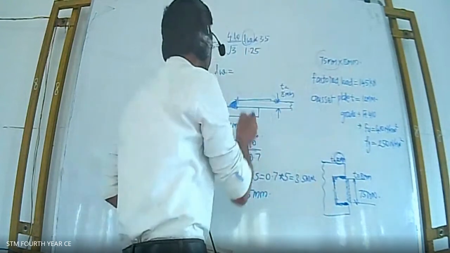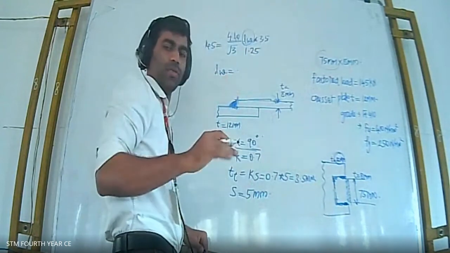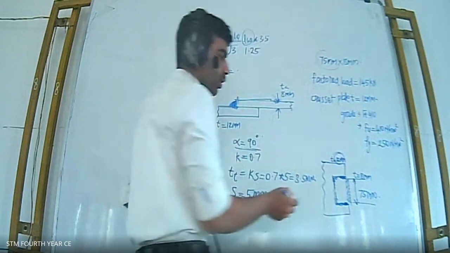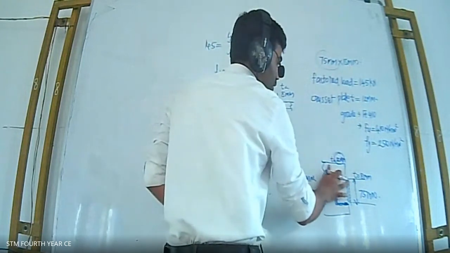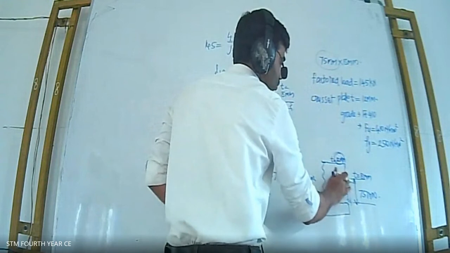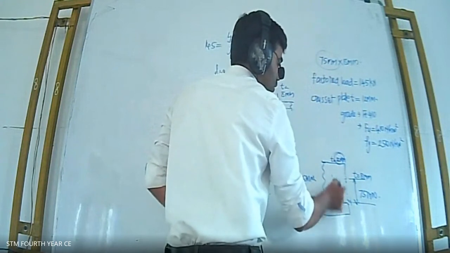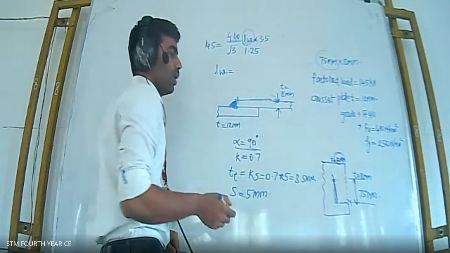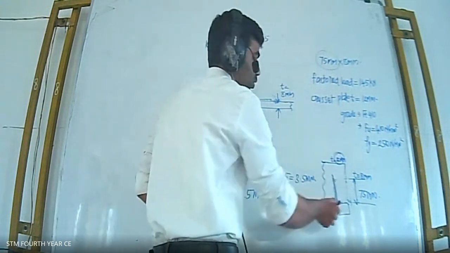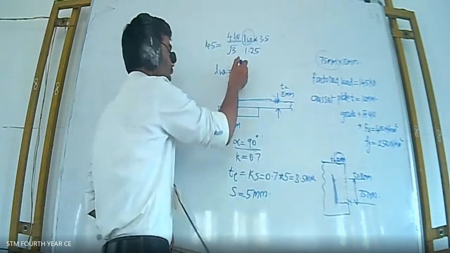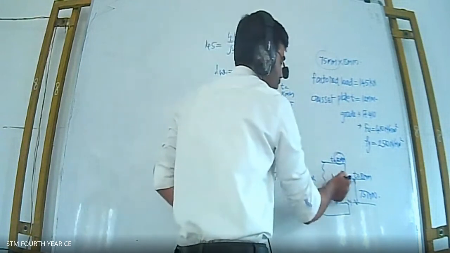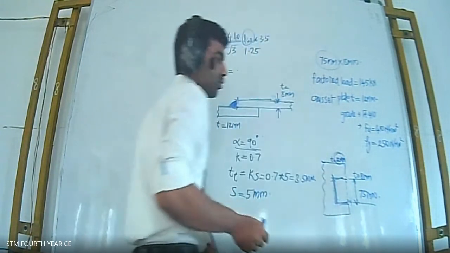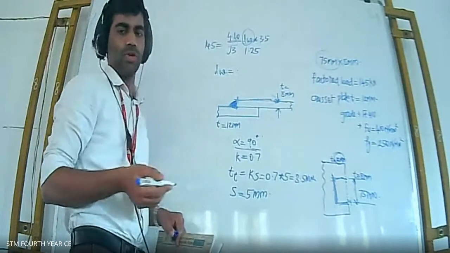And if the value obtained is 75 or less than that, then you can provide here only. You need not go for these sides. If the value is well within 75, then you can provide that value only at this portion. And if it's coming greater than 75, then you have to go along these two sides. I hope the concept is clear.